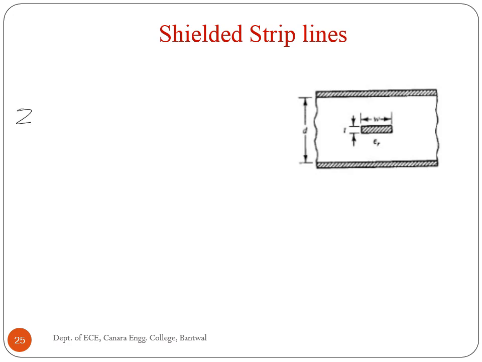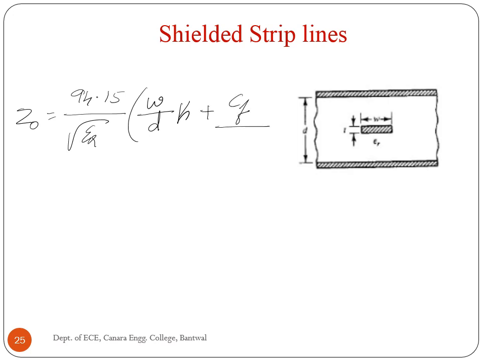The characteristic impedance is equal to 94.15 divided by root of relative permittivity, width divided by distance into K plus Cff divided by 8.854 relative permittivity inverse, where K is equal to 1 divided by 1 minus strip thickness divided by distance between the two ground planes,